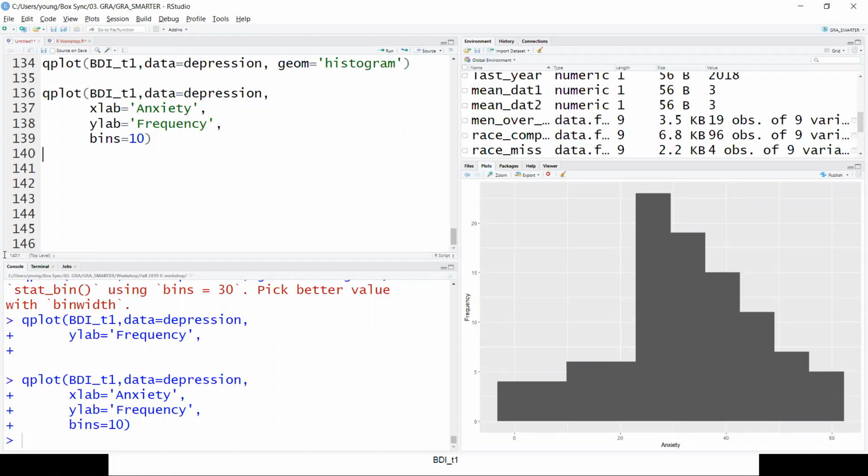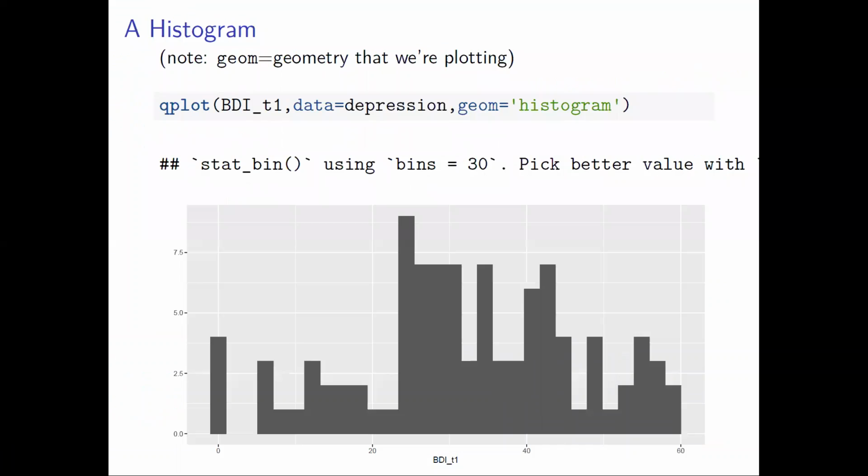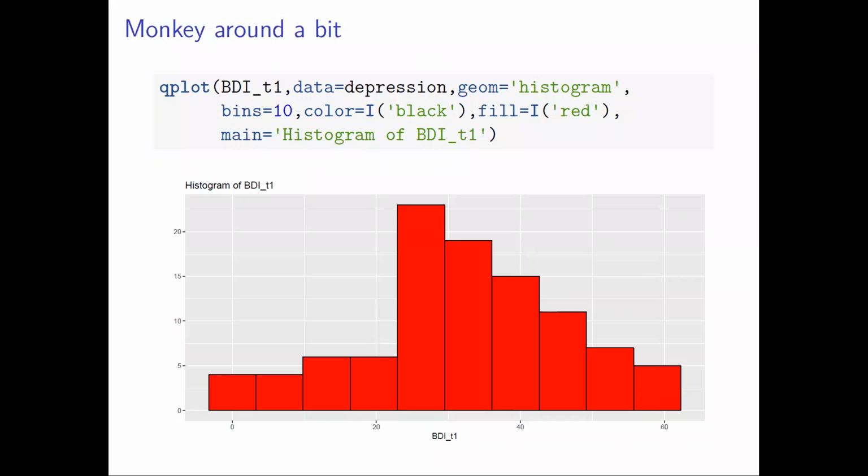All right. So that's a histogram, and that's kind of how qplot works a little bit. You put in x and maybe a y variable, and then which data, and then whatever other options you're interested in. So we'll see some more examples of that. Okay, so for the rest of the workshop, I'm going to imagine we have research questions. So here's changing the colors.